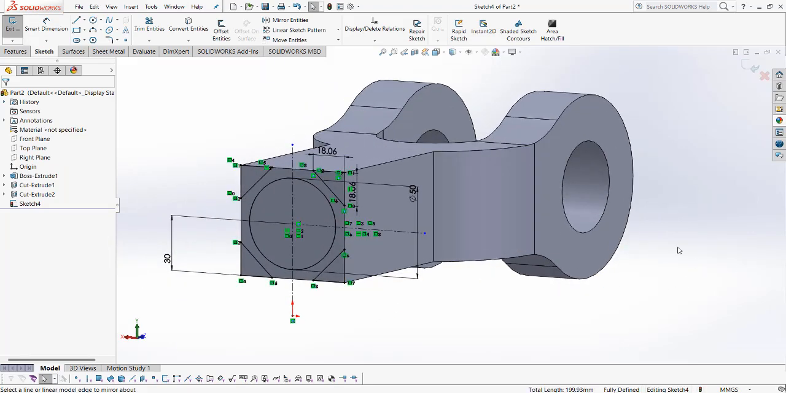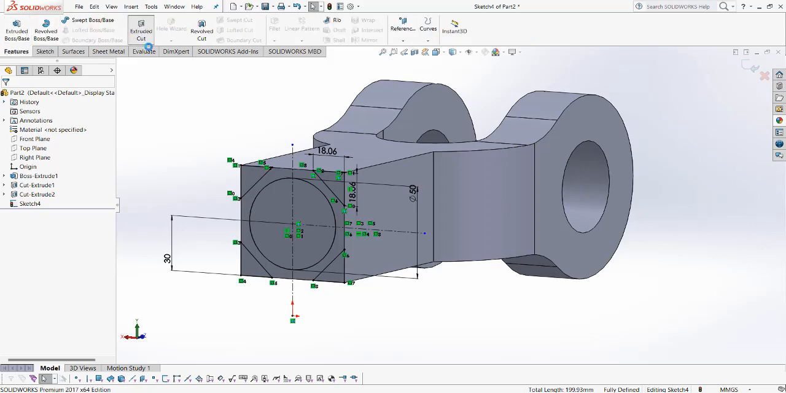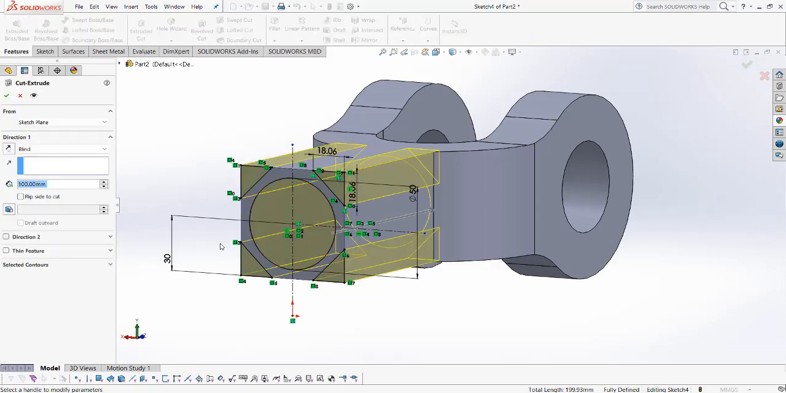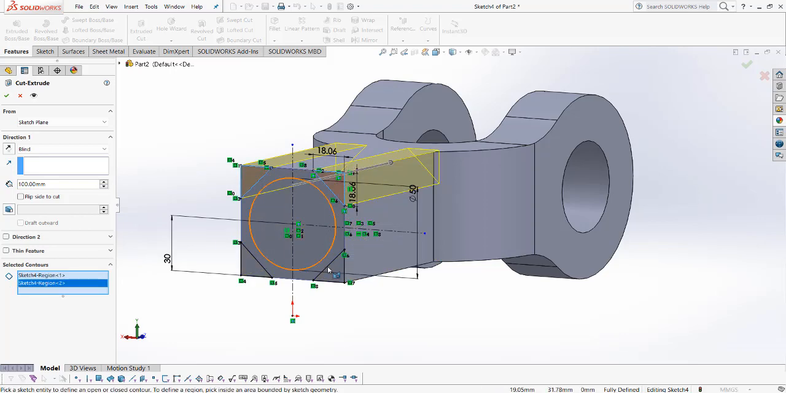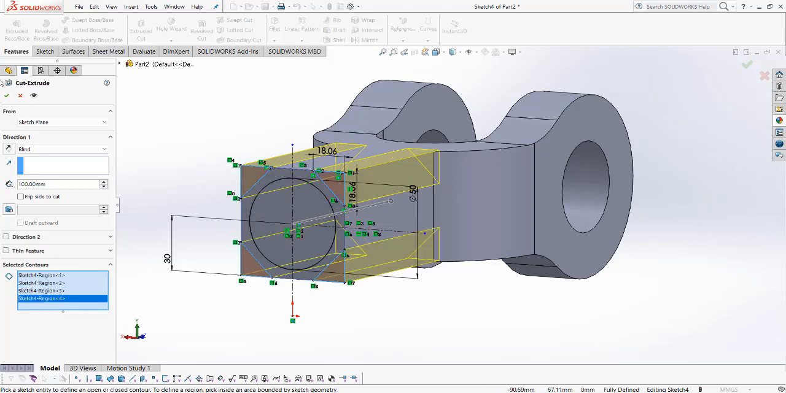and this is our feature. Then extrude cut, selected corners like these, and these behind 60. Okay,